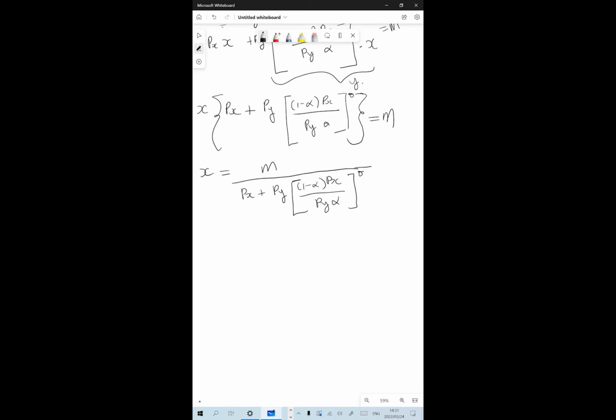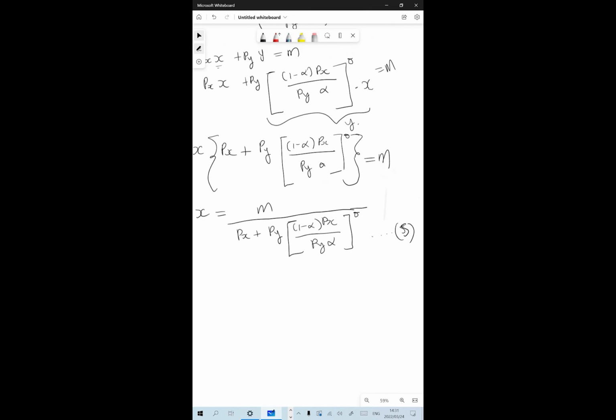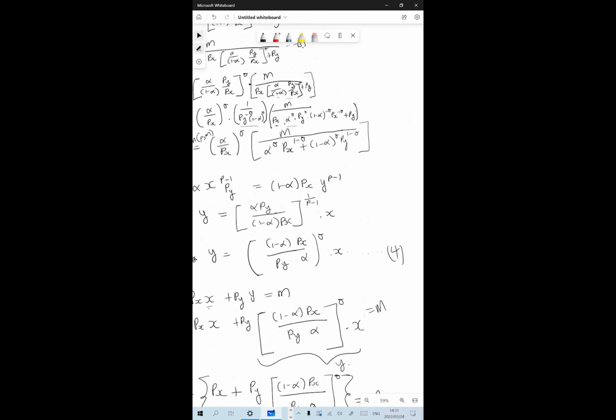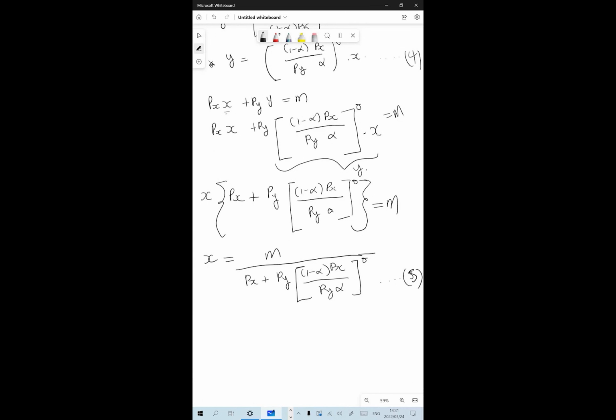I think this should be 5 because it also has a y. The y will be 4; I think the other one was 3. So we've got 4, and we've got the x now, which is our 5, that we want to substitute into 4 to get our y. So here's our y, which is equal to